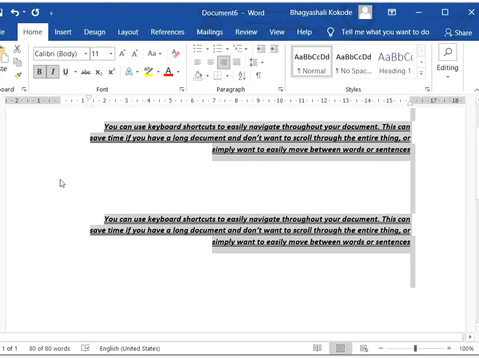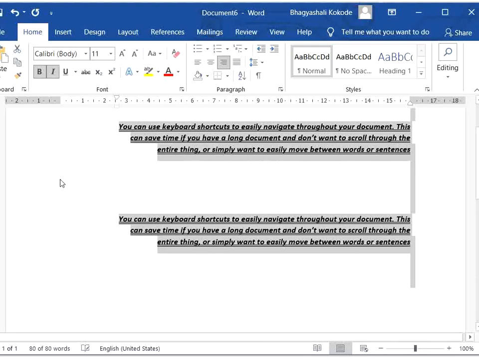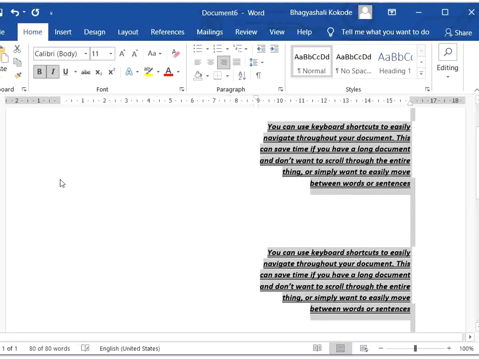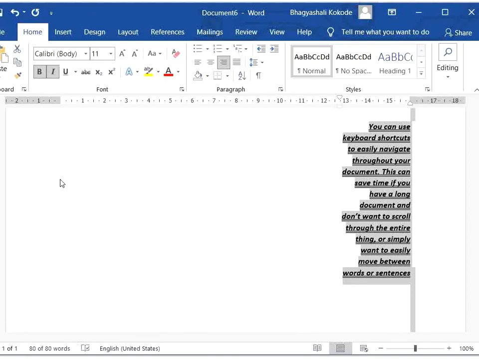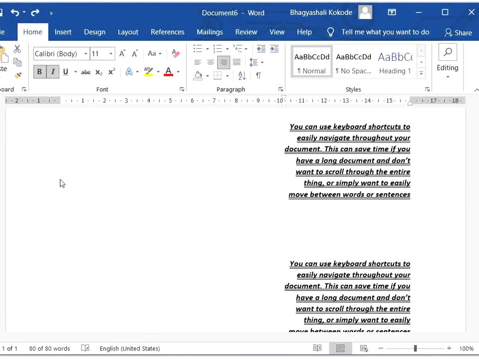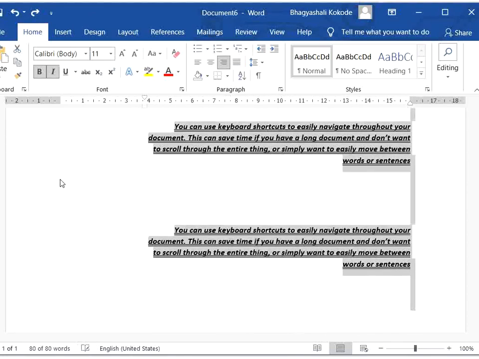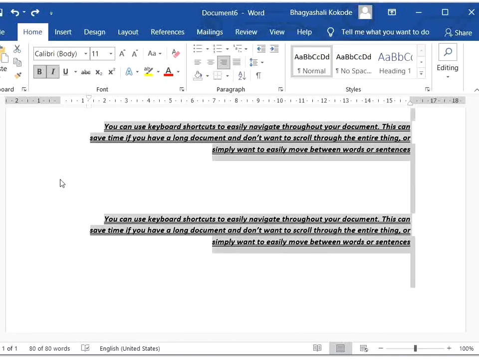I am just pressing Control M one time here, again I am pressing Control M. So you can see, however many times I press the Control M button, it increases the paragraph indent one level each time. Next one is Control Shift M, right?